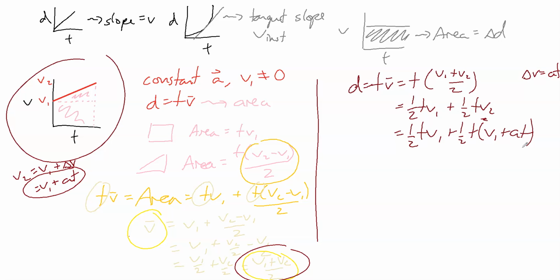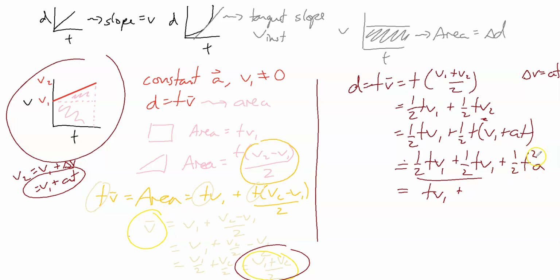I'm going to get rid of those brackets. And this can stay the same, 1/2 T V1. I'm going to multiply with the brackets. So I'd have 1/2 T V1 plus 1/2 T squared times A. So I got something that looks like this. Now I have a 1/2 TV1 plus 1/2 TV1. So that would come together to make a whole TV1. These two combine together. So that's going to be T times V1 plus, and I'm going to move this around a little bit,